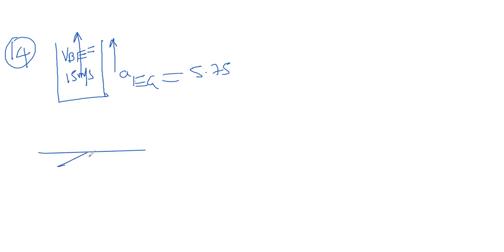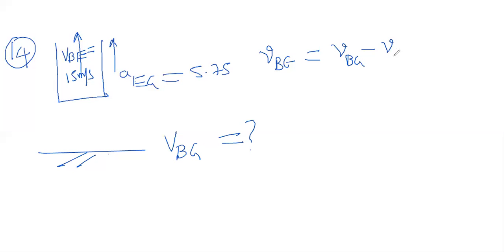And there is a ground. We do not know velocity of bullet with respect to ground. This we have no idea. We have to find that. How we will find that is using the vectorial notation. Velocity of bullet with respect to elevator will be how much? I told you. Velocity of bullet with respect to ground minus velocity of elevator with respect to ground. That we know. Velocity of elevator with respect to ground, which we know.